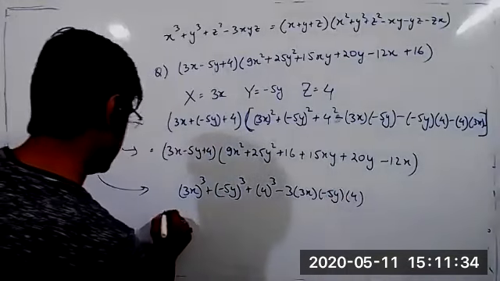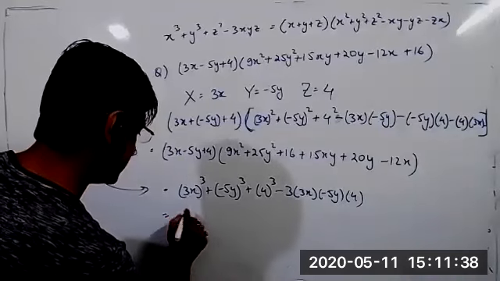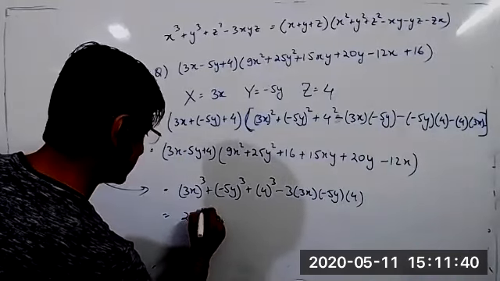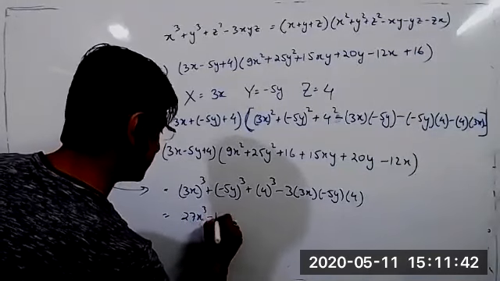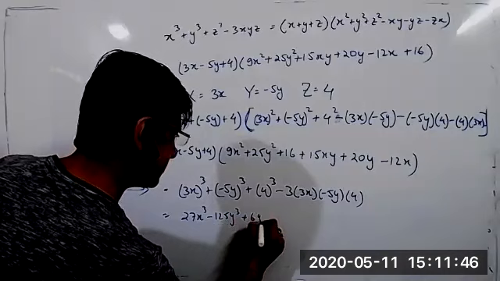So we can write it as 27x cube minus 125y cube plus 64